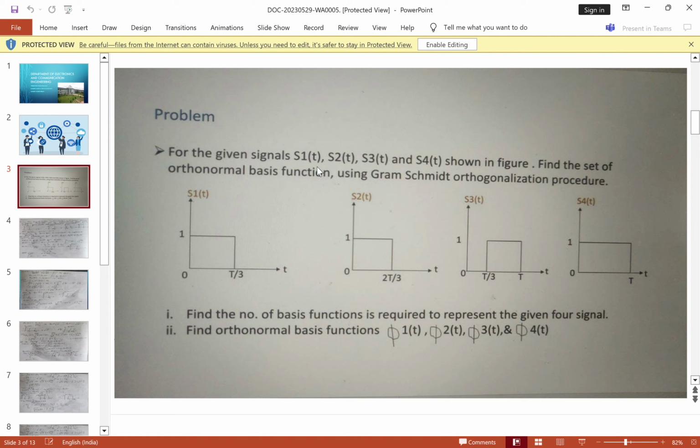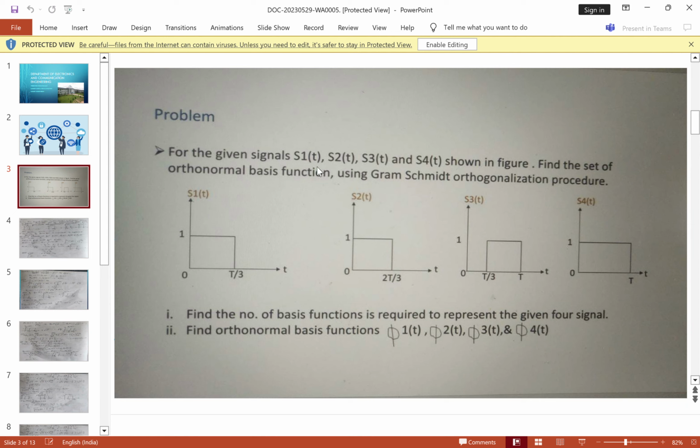Step 2: we have to find gi(t). gi(t) is equal to si(t) minus the summation over j equals 1 to i minus 1 of sij psi j(t). So g2(t) is equal to s2(t) minus s21 psi1(t). We know that